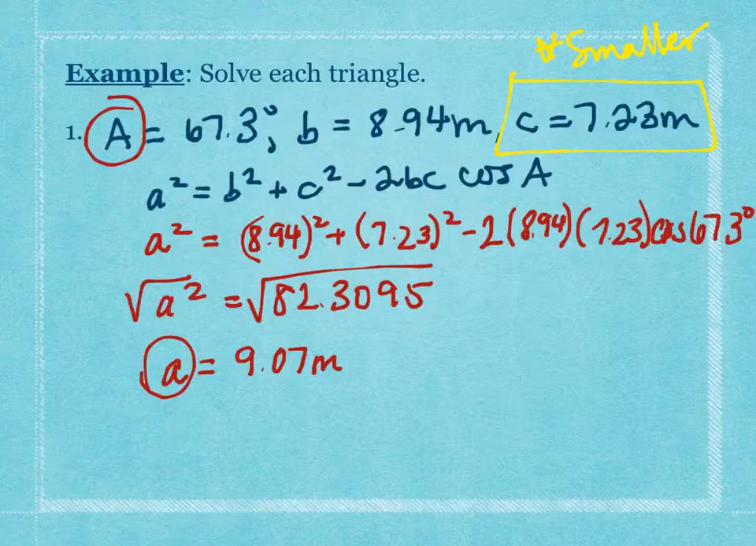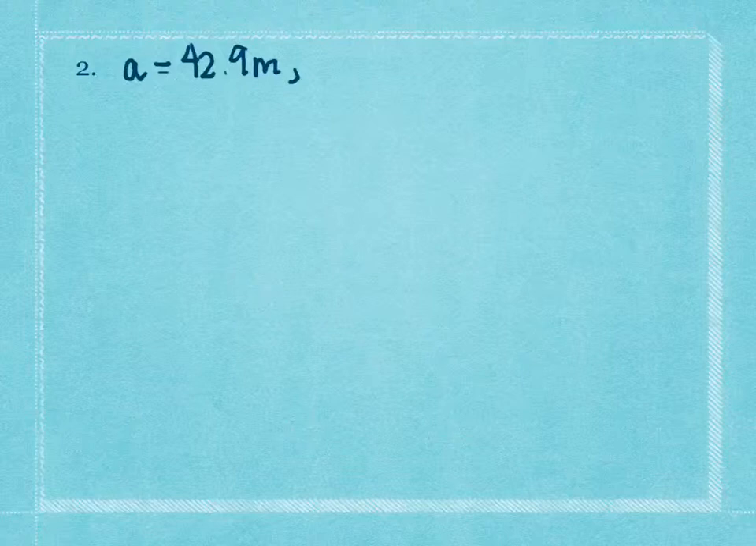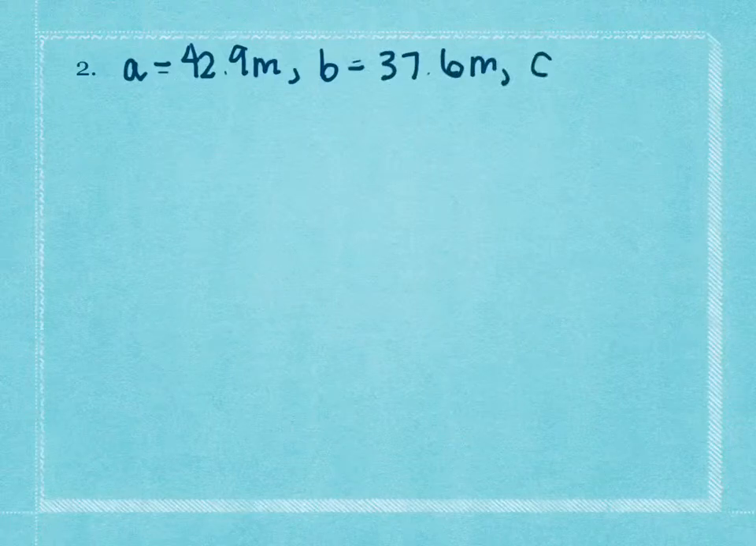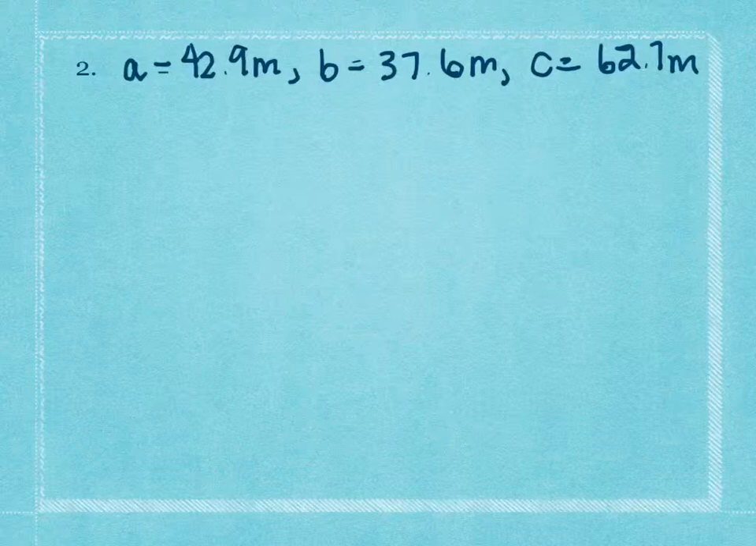Okay? Now there's one other case where you have to use the law of cosines, and that's problem number 2. So what do you notice when it's describing problem number 2? All sides are given. So clearly you can't use the law of sines, because the law of sines involves every angle in it, right? You have to know an angle to use law of sines, and we don't have that. So I have A is 42.9 meters, B is 37.6 meters, and C is 62.7 meters. Okay, so you get to choose again which angle you want to find first, and it doesn't really